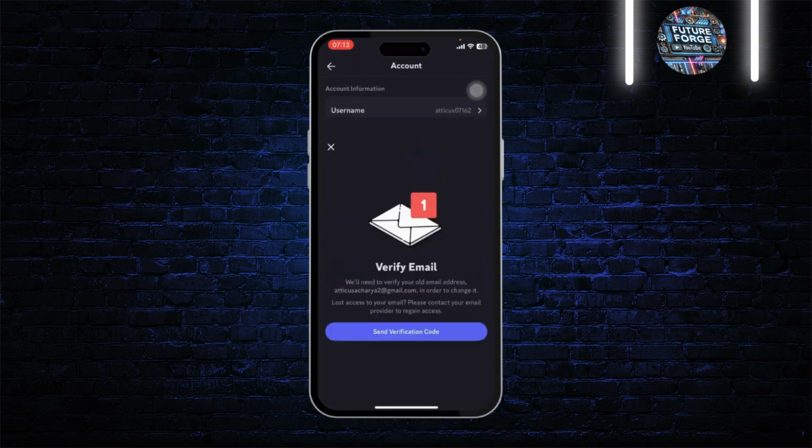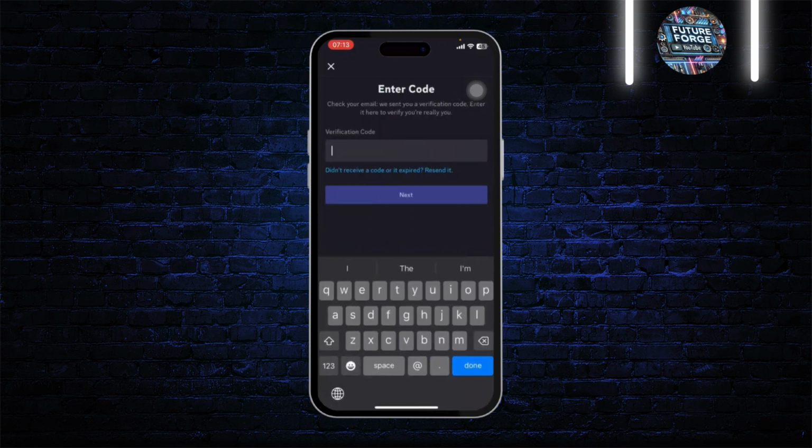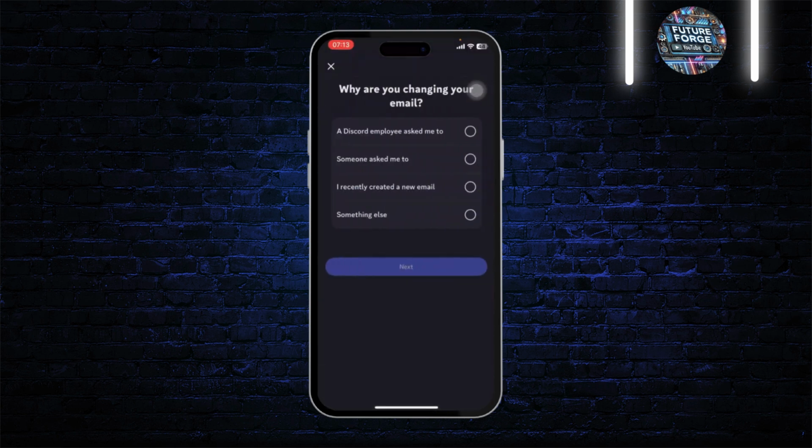If you don't see it, tap on your email and there you will see verify email. Now tap on send verification code and your email will receive a verification code, as you can see. Now just type that code here, tap on next, and you can just go through this verification process